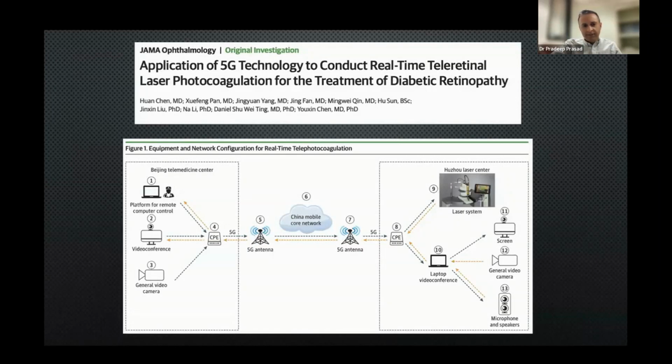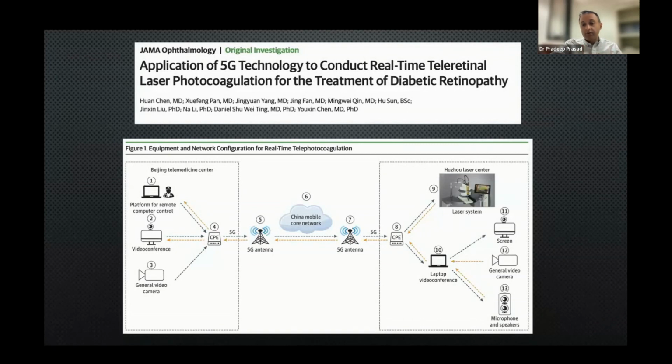And so what they did was they set up a really robust teleguidance system. This was, again, using the Novelos laser, but basically the schematic is below. Basically what they did was they had a retina specialist in Beijing who was able to communicate with the treating provider through teleconference, but that the consulting physician who was remote actually